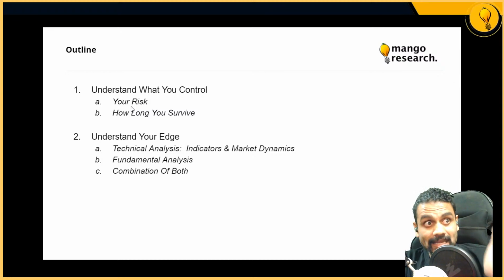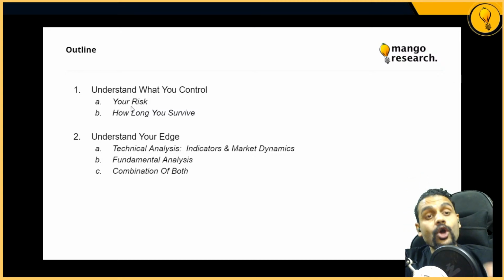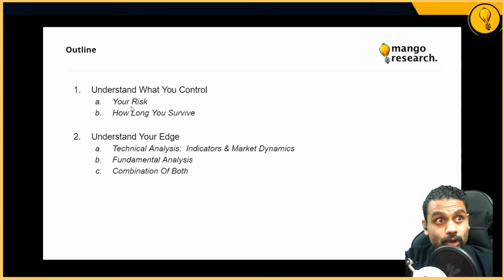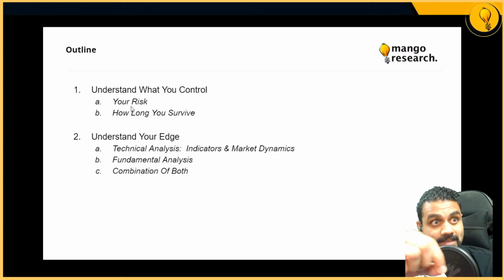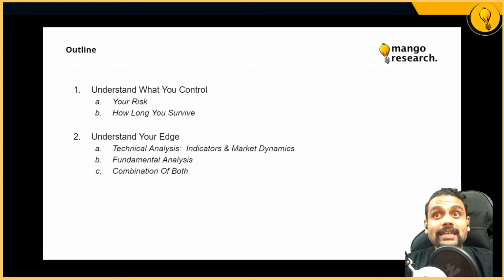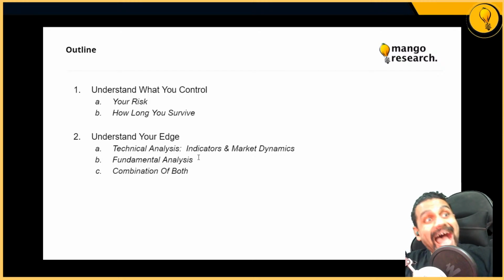If you are trading your edge, isolate your entire trade to that edge. Once your edge is wrong, once you are wrong on that trade, exit. This goes back to our previous topic where we're talking about understanding your risk and understanding what you can control. This is where you can control how much you lose. Do not mix your long-term views with your short-term views, in other words. So if your edge is indicators, trade those indicators. Trade that and that alone.